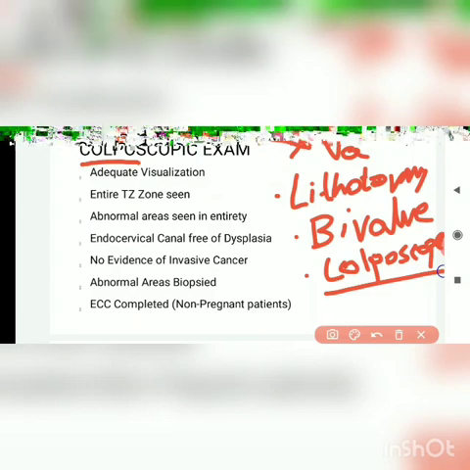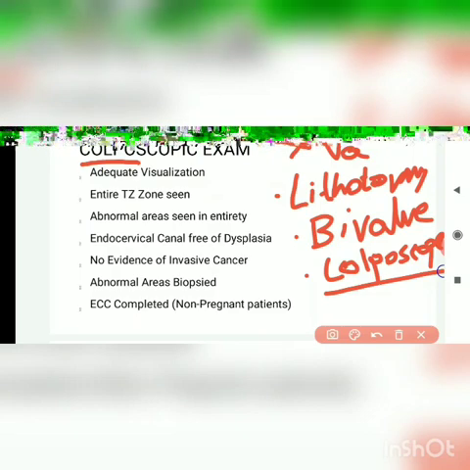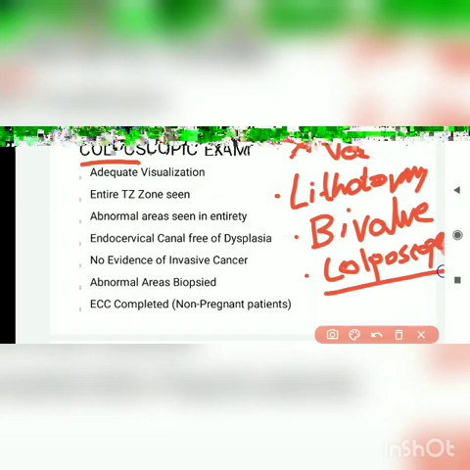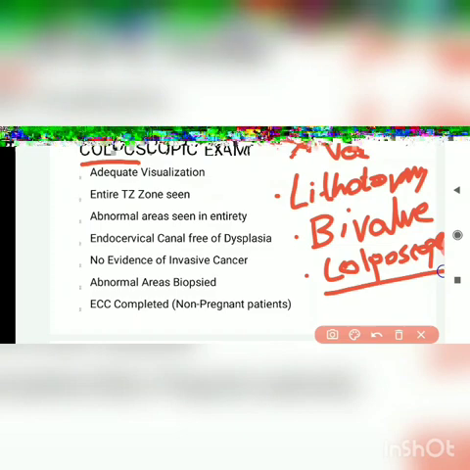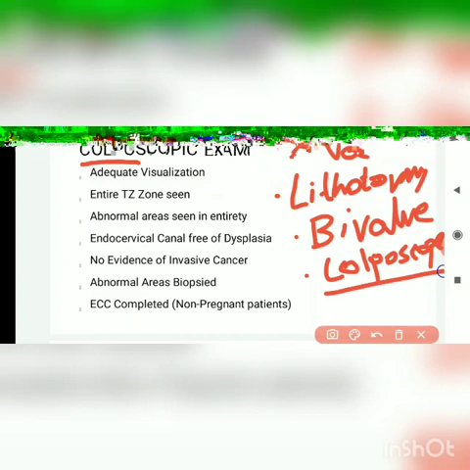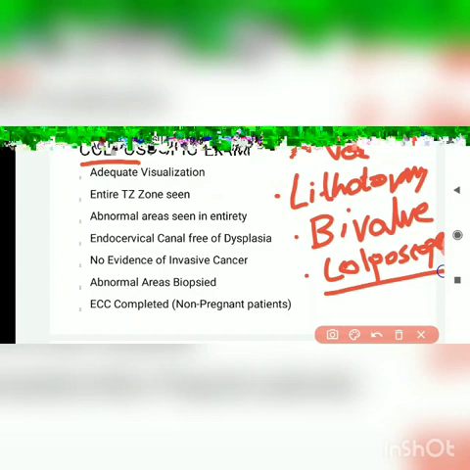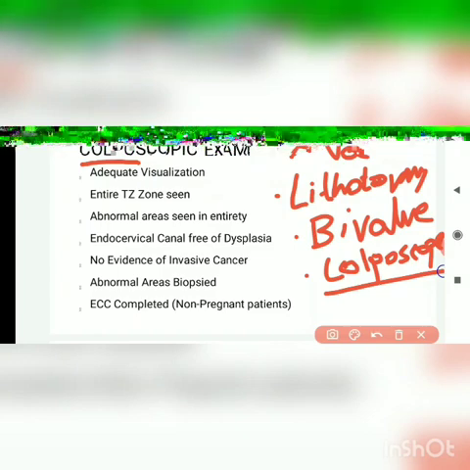So these are the colposcopic findings. As you can see, one new squamocolumnar junction will be there and one original squamocolumnar junction will be there. The new one will be inside. Always remember the new will be inside. The original squamocolumnar junction will be outside, so the mnemonic is O for outside. Just remember, the original squamocolumnar junction will be outside in the ectocervix and the new squamocolumnar junction will be inside. The zone between the original and the new squamocolumnar junction is known as the transformation zone.